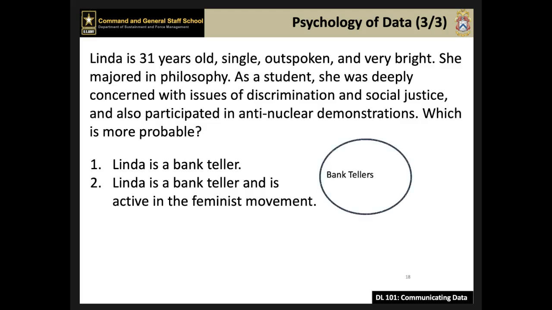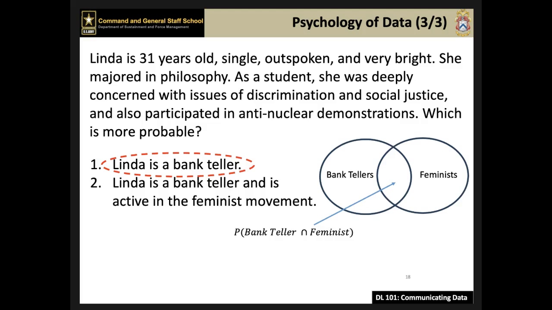So at first glance, many people might be tempted to choose option 2 because Linda's detailed description seems to align well with someone who is active in the feminist movement. However, it is more statistically likely that Linda is a bank teller. This is the space where our Venn diagram overlaps. It's called an intersection. We don't need math to observe that an intersection must be less likely than either condition